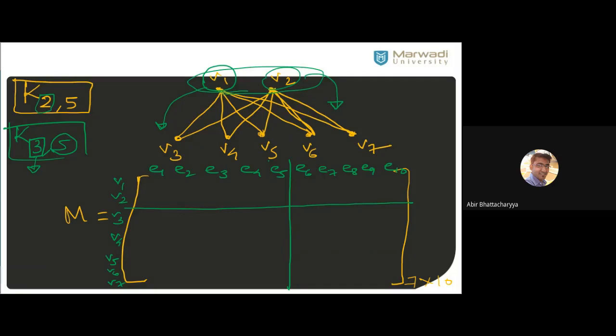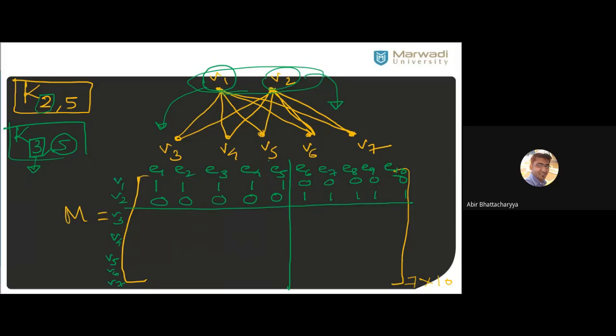Okay, number of edges. So first part, always remember, it is something like V1 and V2. They are not interconnected. So always put it like 1, 1, 1, 1, 1. That means I am pretending that all the edges are emitting from V1. All the first 5 edges are emitting from V1. All the next 5 edges are emitting from V2. 1, 1, 1, 1, 1. Clear? Rest is 0, 0, 0, 0, 0.